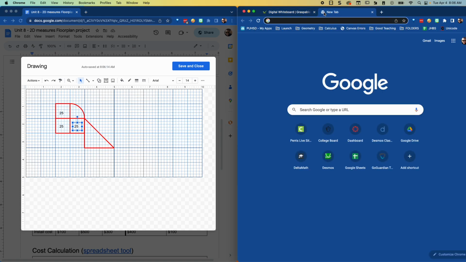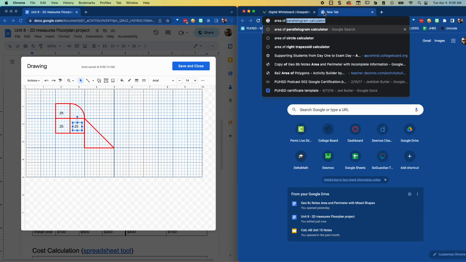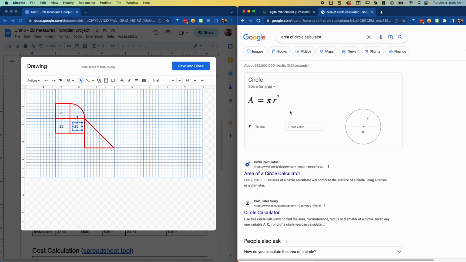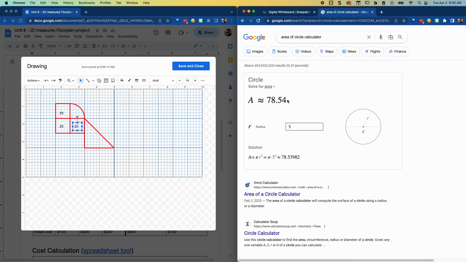This one is a quarter circle. So I'm going to look up my area of circle calculator. And the area of a circle calculator is asking me for the radius. And this radius happens to be one of these larger boxes, which is 5. So the radius is 5, which is 78.54. However,